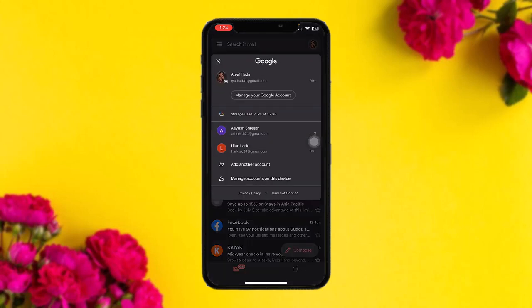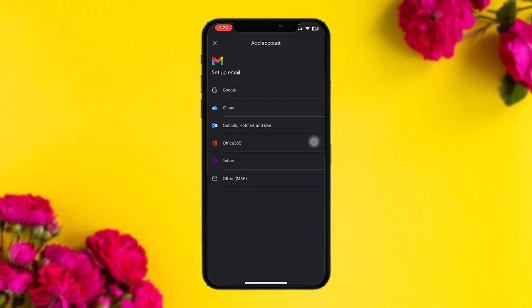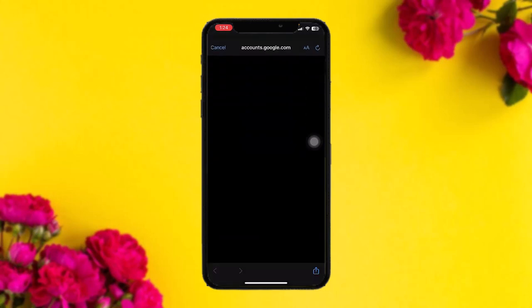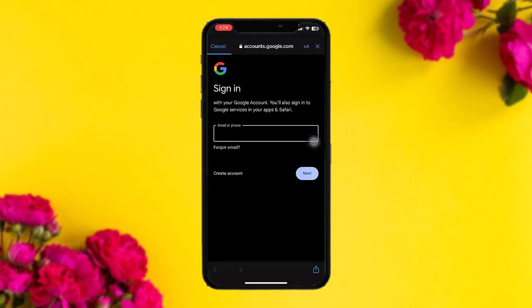And once you're inside here, in order to log in without a verification code, what you need to do is simply tap on add another account and then select Google. Now here, what you need to keep in mind is that if your account has two-factor authentication enabled, then you won't be able to log in without a verification code, because the two-factor authentication method requires a verification code. But if you haven't activated two-factor authentication, then all you gotta do now here